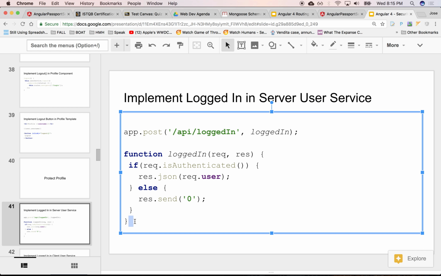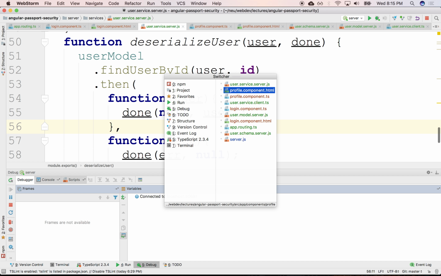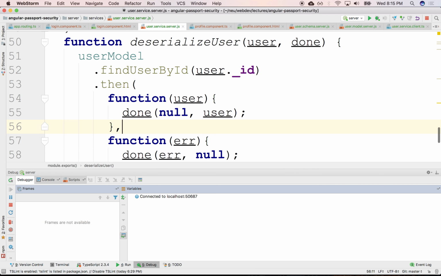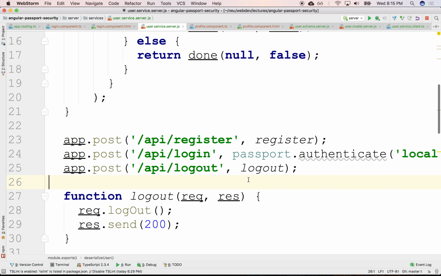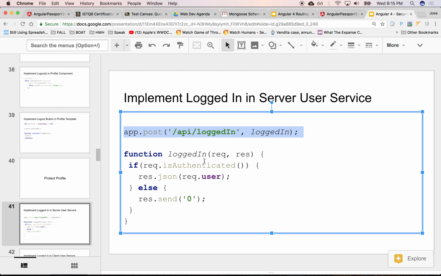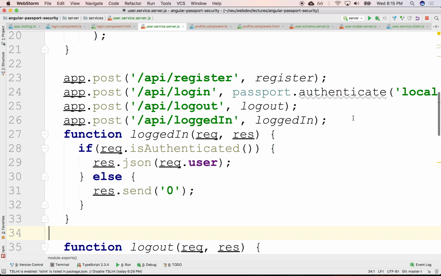All right, so here we were kind of relying on the client to remember that you're logged in, right? We're using the shared service. But instead, we should always check with the server. Are they really logged in? Right. So to do that, we're going to add a query to the server to validate if indeed they are logged in. So to do that, we're going to create a request to the server to verify that indeed this person is